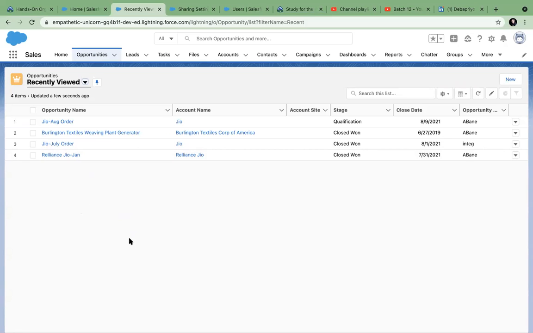So a traditional question which I ask people in any interview is, how do you provide record level security? How do you hide records? The question is, you are a user of the application, I am a user of the application, you should not see my data, I should not see your data. That is a requirement. How will you implement it as a system administrator? There is only a one word answer. I will go to OWD, object wide defaults of that object, and set it to private. Simple.